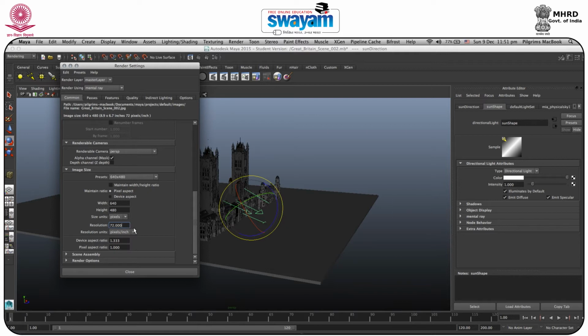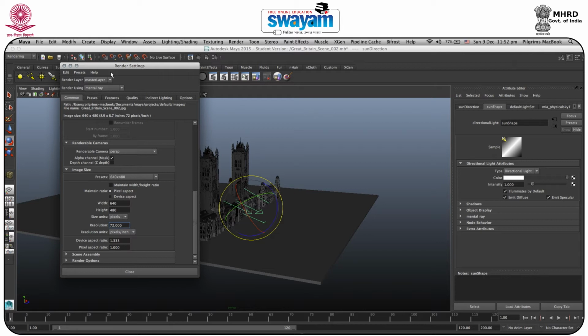So by default it is 72, okay, you can increase this to 300. That means you can zoom and it will not pixelate as compared to this 72 resolution. And yes, Maya is a vector software, but if you are working in a model and you just have the final output, it can pixelate, if the final output is JPG, PNG or any other format. Okay, so